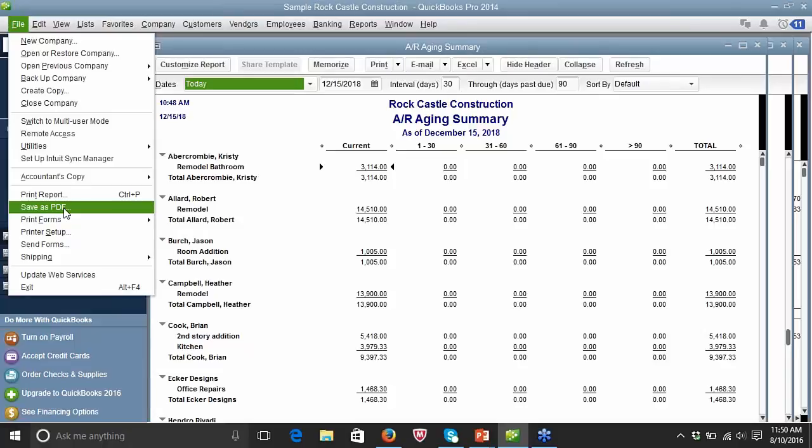The data, when it comes to QuickBooks, the data is definitely exportable to other programs, and I think there's something like 100 different software that can communicate with QuickBooks. But unfortunately, the reports themselves can only go out as a PDF from what I can find quickly. I'll do a little bit more research and go into help and even give QuickBooks a call to see if there's any other way I can do this report.